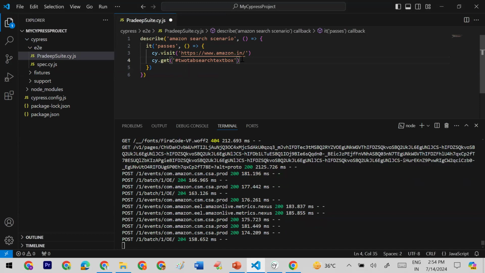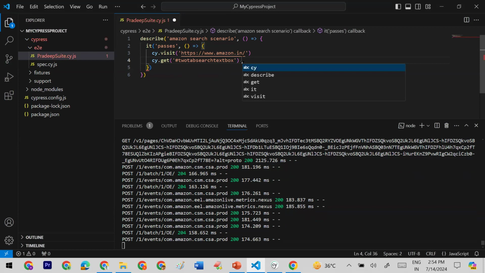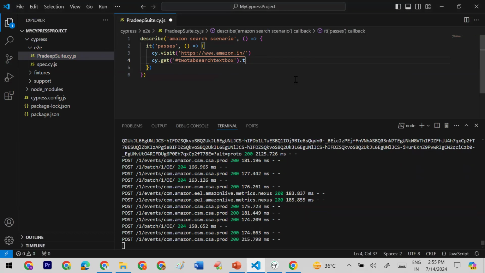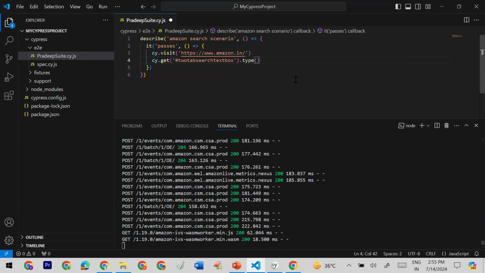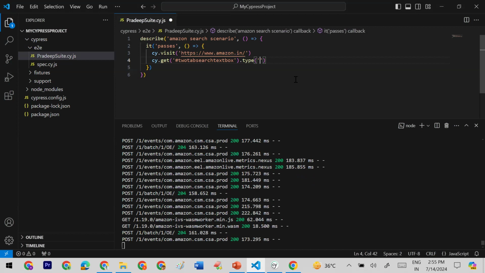If we want to write something, we can simply say dot. Again, we do not know the function, and it is not providing any suggestion, which is very tough for us. But for the time being, I can write the function type. Type is the name of the function which is used to enter data in any text field. In this session I'm writing it on my own, but in my next video I will show you how you can enable the intelligence option, and it will make your life easy. So here I'm writing